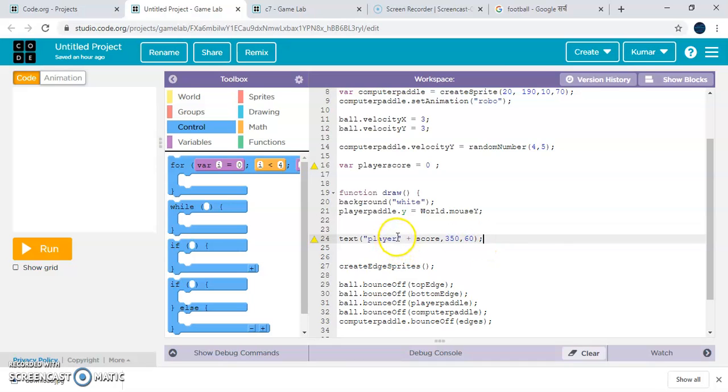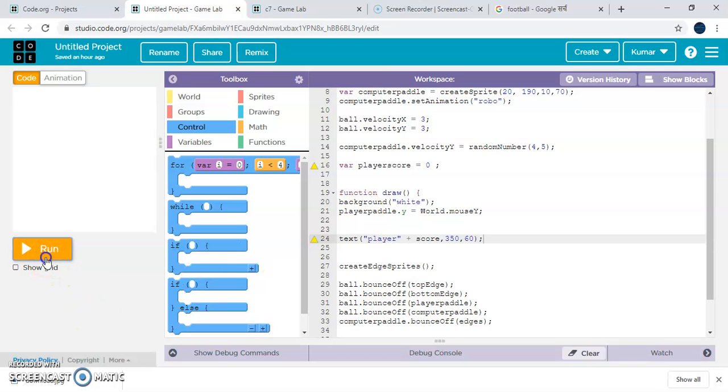Anything we write in double quotes in the text command will be displayed, meaning it will be printed on the screen. And as we have written plus and then score, next to it the score will be displayed, which is 0.